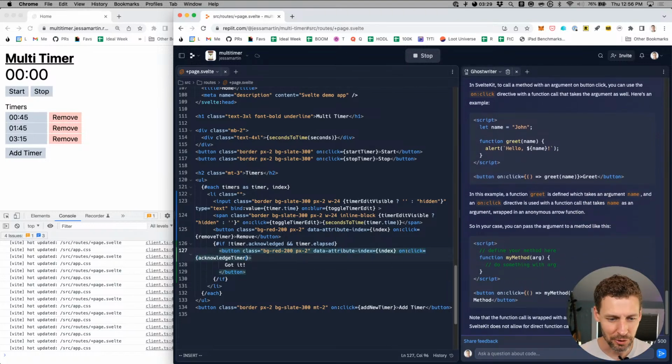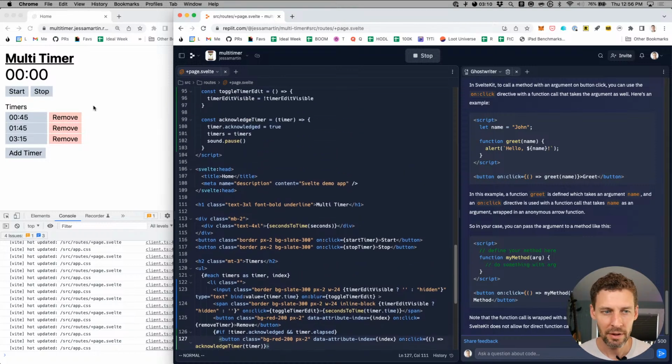Jeez, this has hit me before and I've forgotten it. Okay, so of course I define an anonymous function, which is the thing I was just talking about. So basically I say, hey, here's the function. This simple function, all it's going to do is call acknowledge timer and pass in the timer. Duh. Jeez, I can't believe I forget that so often.